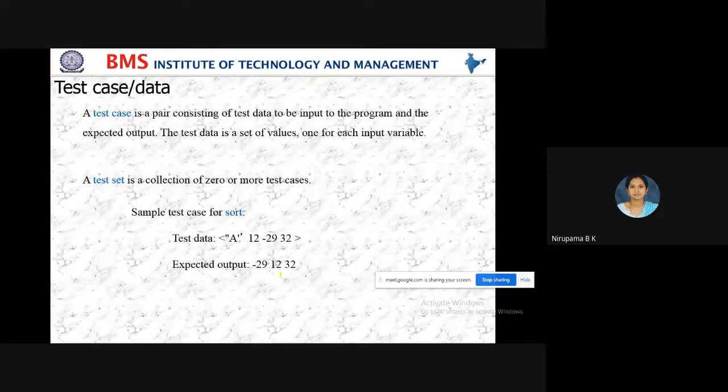Correct? That should be my input. When you are saying to find the largest of two numbers, and you are giving a character input, then there is no use. Then you don't know how to execute your program. What is the problem statement? Then definitely you will not get the expected output.